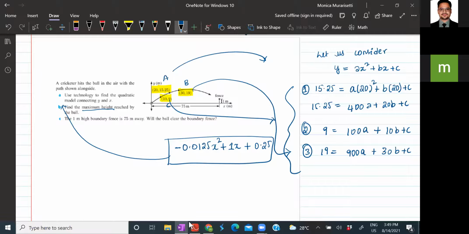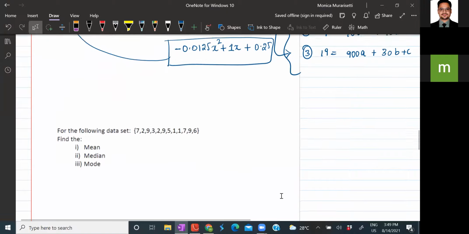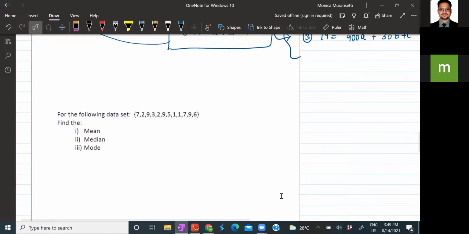From this, finding the maximum height or finding anything that you need is quite simple. All right. So this wouldn't take much time. This is very easy to solve and you will get answers in seconds. The only thing you have to make sure is that the variables you're requesting to get the answers for and the ones you're entering are the same. All right. Okay, so this is a very simple question as we will end here with this question.